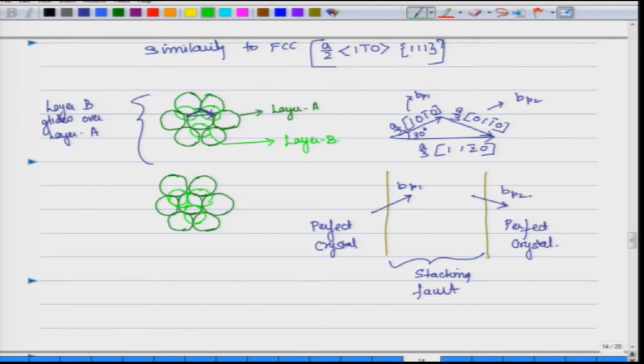Okay. So, here what is different is we are saying that layer A glides over layer B. Therefore, your full dislocation is from here to here. So, full dislocation is still the same, but now the partials are actually like here. Okay. So, if I draw it, the partials are, so this is your a by 3